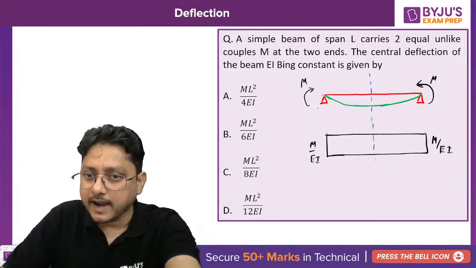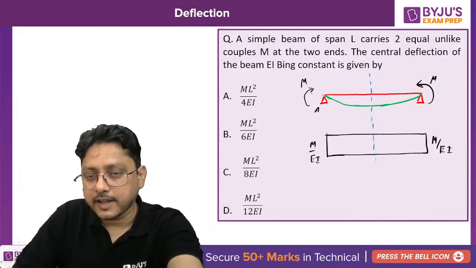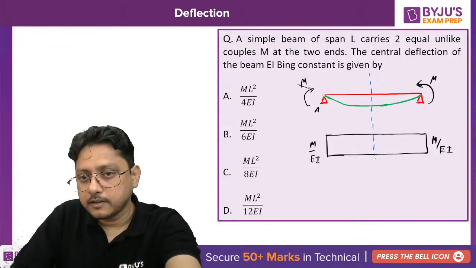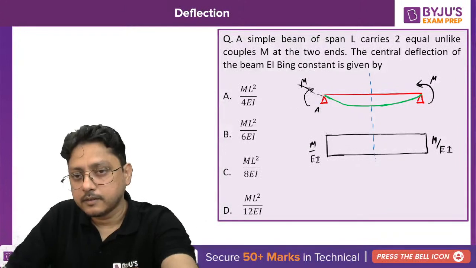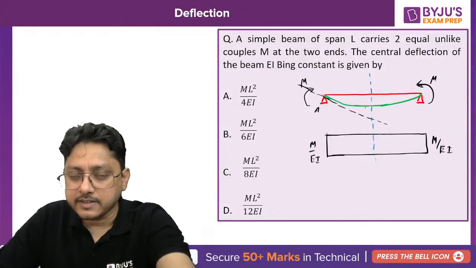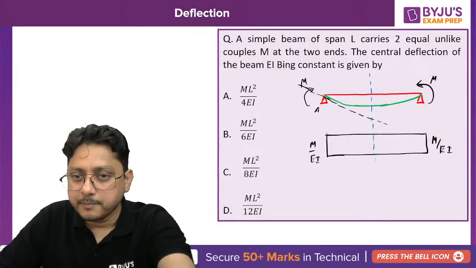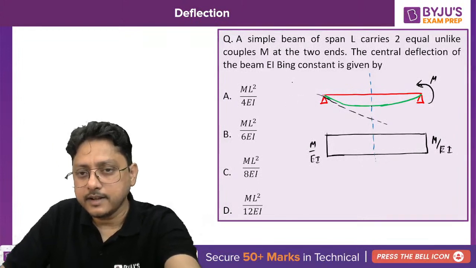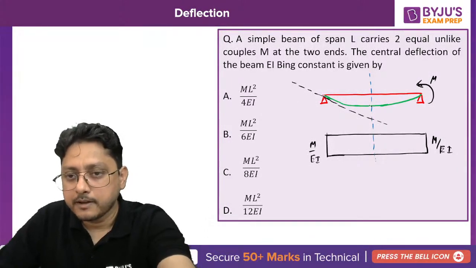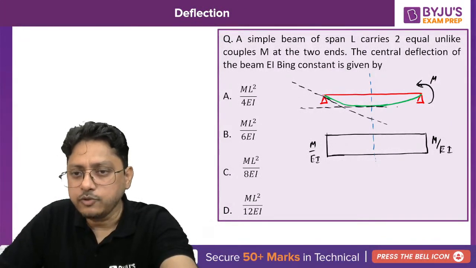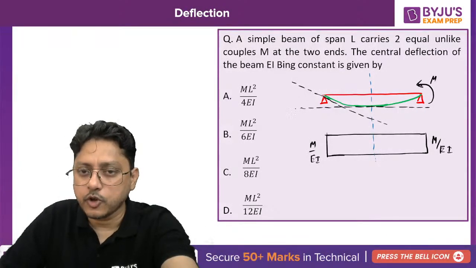Draw the tangent at A. Suppose this is the tangent at A. And draw the tangent at the mid of the beam. As you know that the slope at the mid of the beam is 0, if you are drawing the tangent, now you tell me,